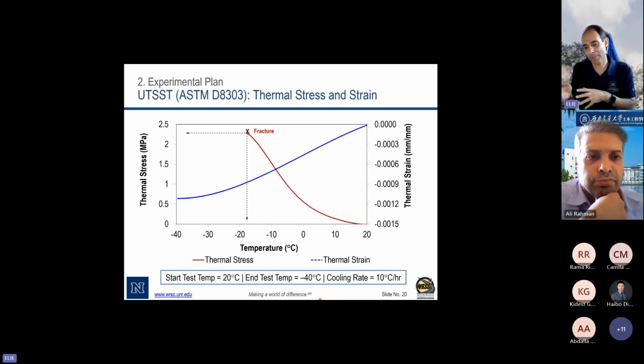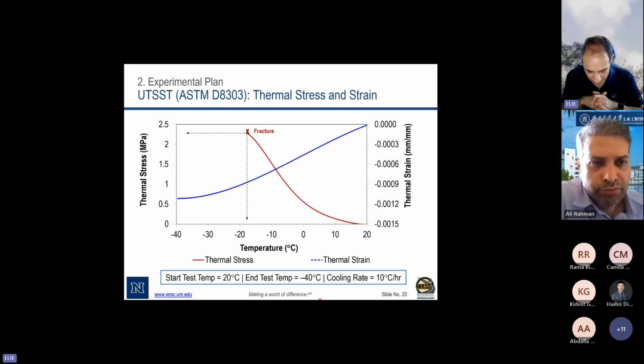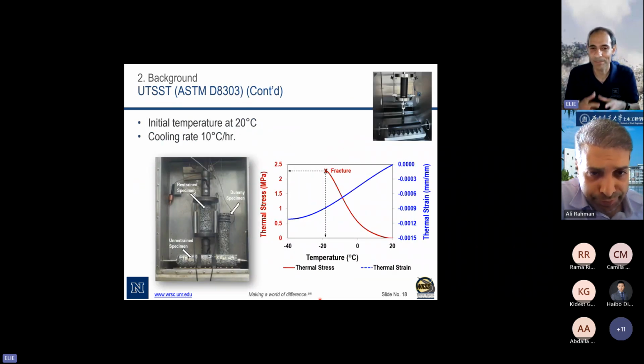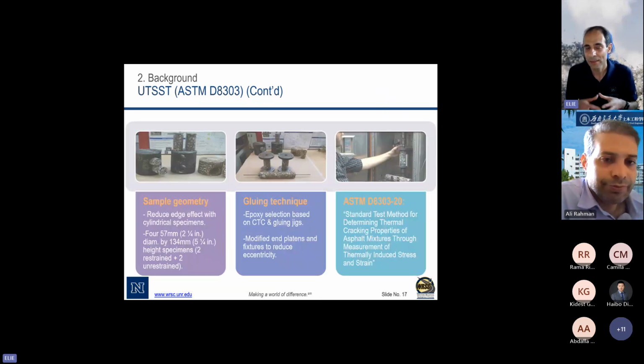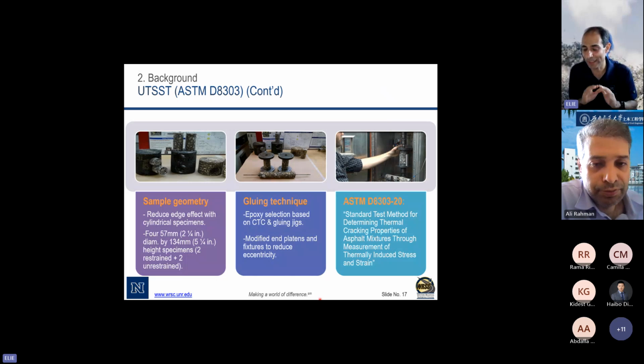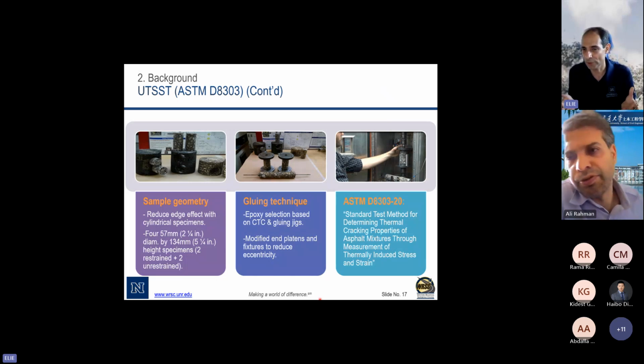Now, going back to your questions, the second one is about the cylinders. Well, yes, cylinders are typically used for compression, right? And it's very good. Why? Because it eliminates the edge effect. And that's actually where we got the idea from: with the prismatic beams, we're getting a lot of edge effect and the variability is very large. So why don't we use cylinders?